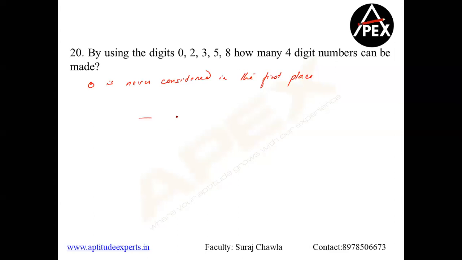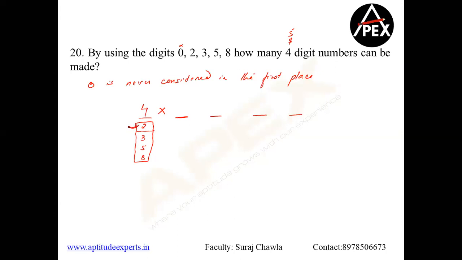Which means what? If I'm looking at 4-digit numbers, let's start with 5-digit numbers first. I repeat, let's start with 5-digit numbers and 4-digit numbers. Let's look at both the questions. To make you understand, in this place, I can either place a 2 or a 3 or a 5 or an 8. So this place has a possibility of 4 digits because 0 is not involved. Clear? Now, having fixed 1, let me assume that I have fixed 2 here.